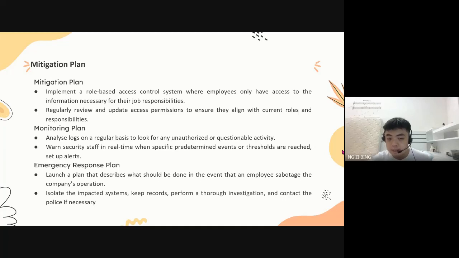For the mitigation plans of such a risk, the company should implement a role-based access control system where employees only have access to information necessary for their job responsibilities, and regularly review and update access permissions to ensure they align with current roles and responsibilities. On to the monitoring plan, the company